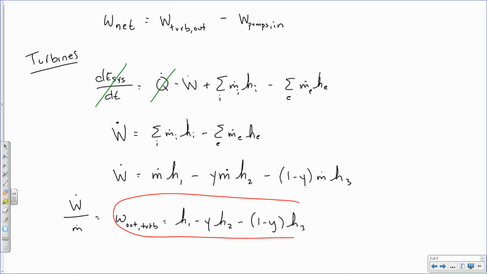feel free to rewind this if you need to remember how we developed this. But this equation explains the total amount of work out on a per kilogram basis by the turbines. It's in terms of enthalpies that we know, and now that we've solved for Y, that mass fraction, we can solve for the work out from the turbines. This turns out to be